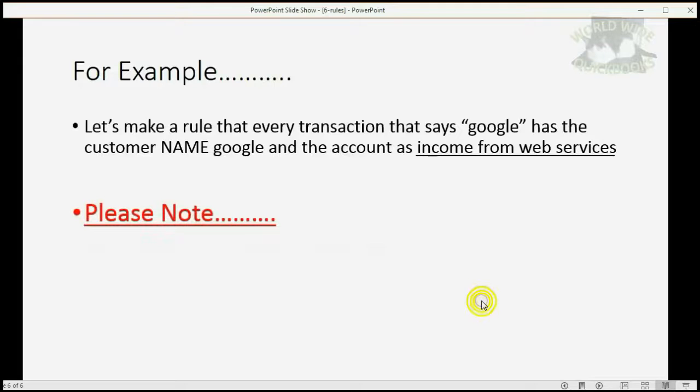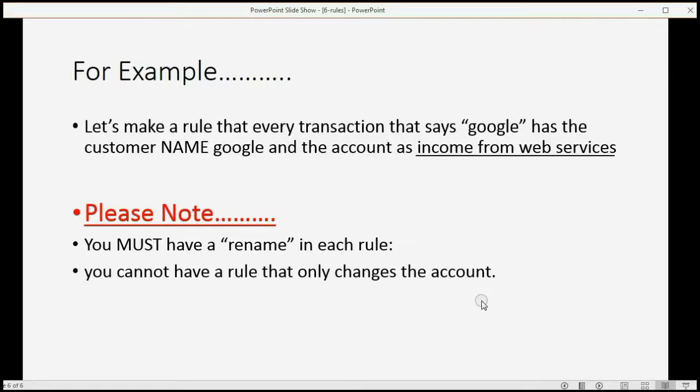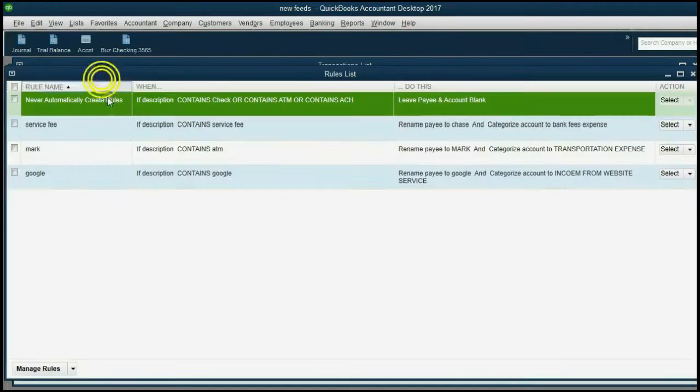Just a couple of things to note. You must have a rename in each rule. You cannot have a rule that only changes the account. If I try to make a rule with only changing the account,